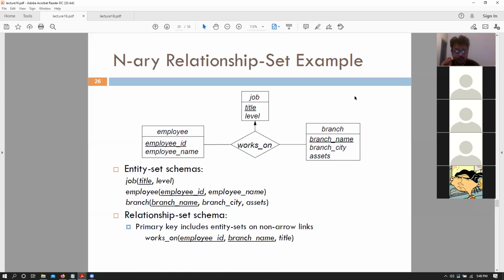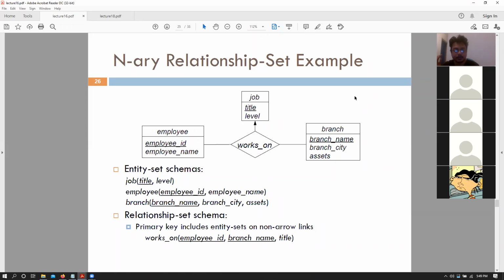Taha, works on is a relationship, right? It will connect multiple entities together, but it itself does not have any entities to speak of. So you are correct in the sense that works on can have potential attributes, but those attributes currently, at least in this diagram, do not have any weak entities. Exactly. So Yogi and Jordan, every entity that we have here has only primary keys that are strong entities, right?